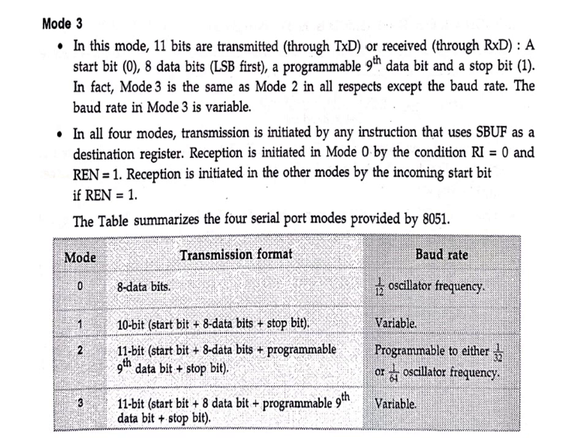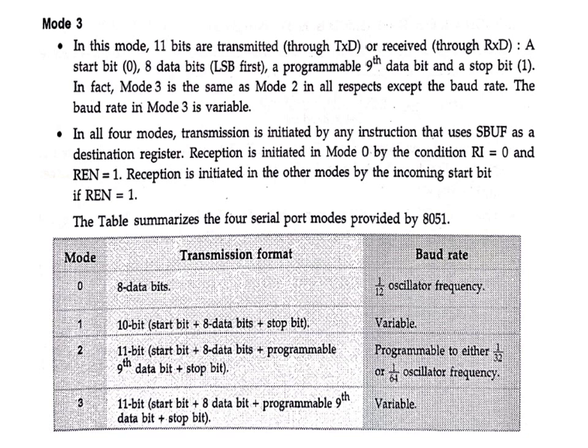The next mode is mode 1. Mode 1 is selected by setting SM0 and SM1 of SCON, that is serial control register, with values 0 and 1. And the transmission format is 10 bits. That means 10 bits are transmitted or received in this particular mode. All those 10 bits are start bit plus 8 data bits plus stop bit. So totally 10 bits are transmitted or received. And the baud rate, if you see, it is variable.